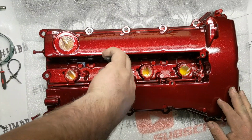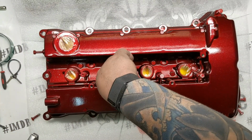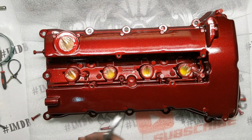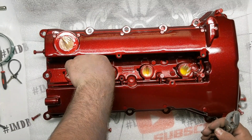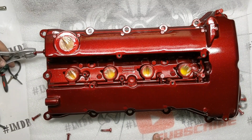This color, I don't know how well this color gets picked up. Yeah, even on camera I can tell it looks pretty dark. It's definitely not nearly as dark as it looks on camera. I noticed that before with this color. We're gonna get this all ready and take it outside, put it in the sun so you can get a